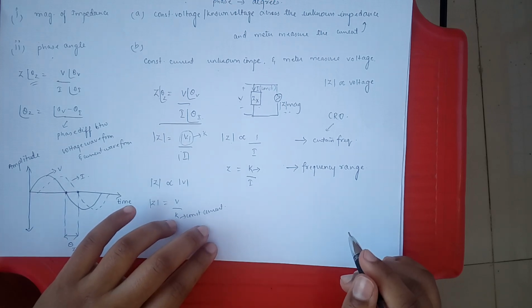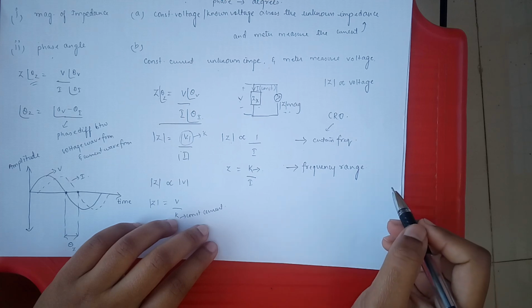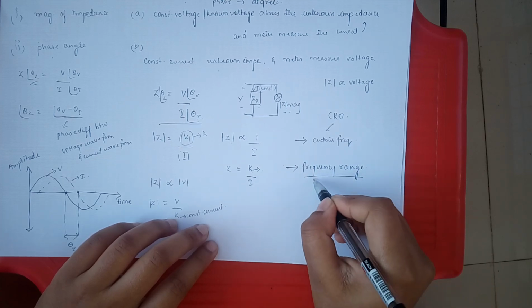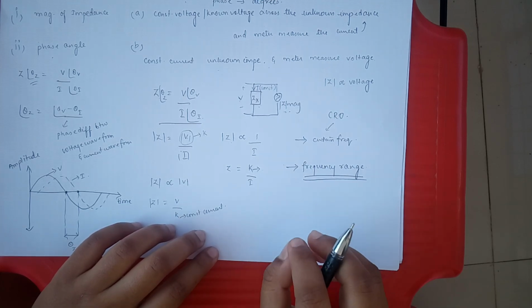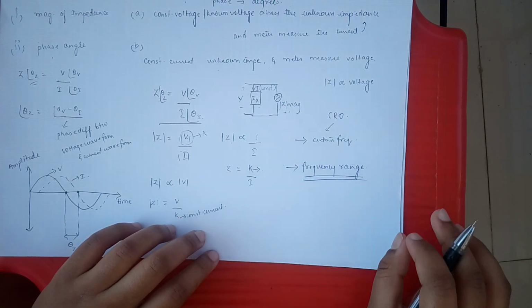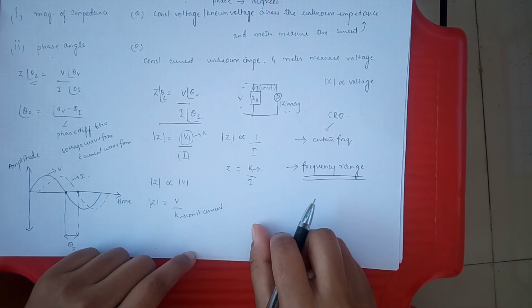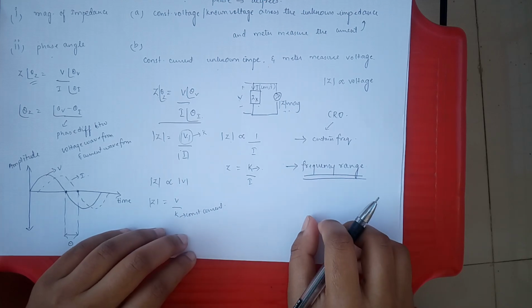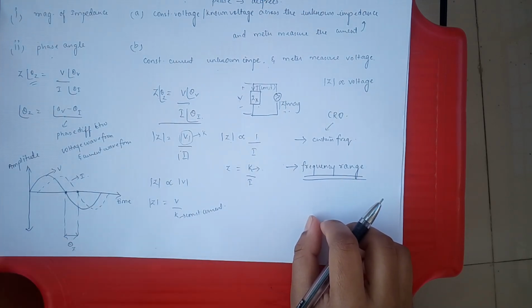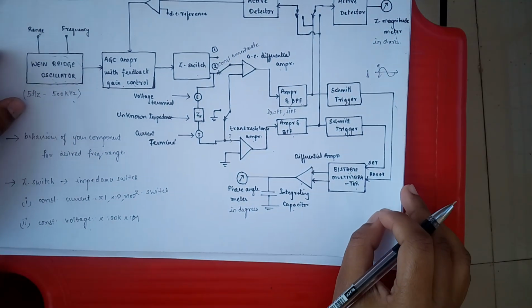So the reason for having this meter being studied separately will be this particular element, that you're able to understand the behavior of a component of unknown impedance for a frequency range. This allows the study and analysis of that component for a desired frequency range. Now, let us look into the block diagram of the vector impedance meter.